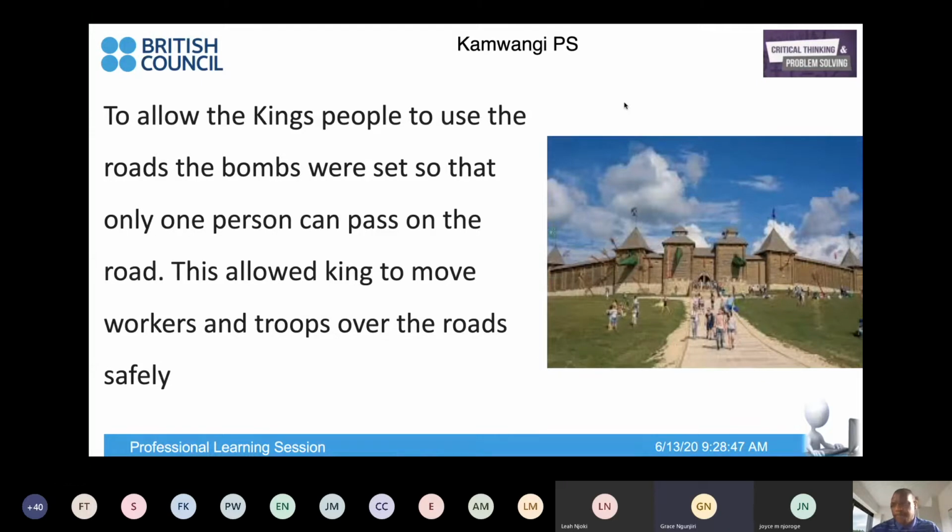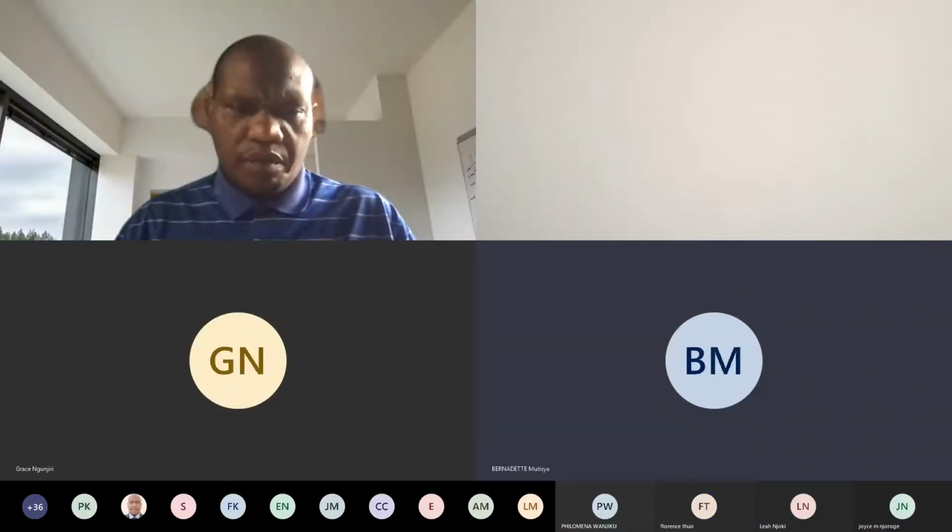To allow the king's people to use the bombs were set so that only one person can pass on the road. This allowed the king